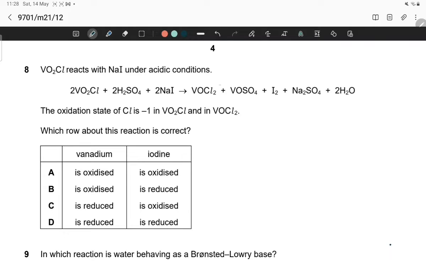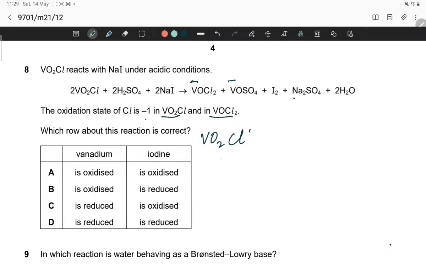VO2Cl reacts with sodium iodide under acidic conditions. React with sulfuric acid and sodium iodide to form VOCl2, VOSO4 plus I2 plus Na2SO4 plus 2H2O. The oxidation state of chlorine is -1 over here and over here. Which row about this reaction is correct? So VO2Cl, VO2Cl,